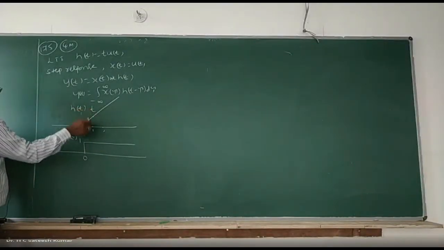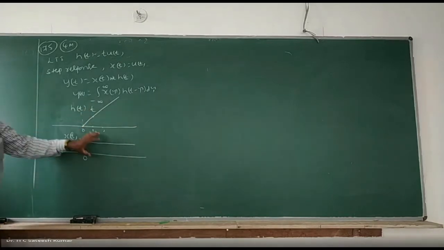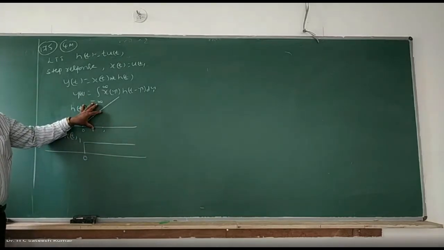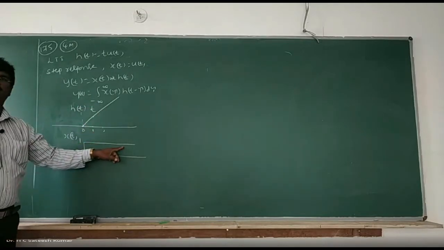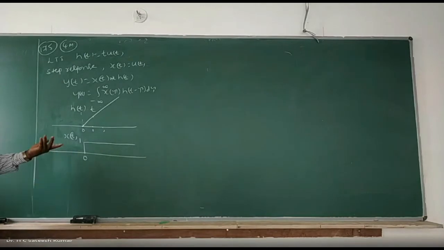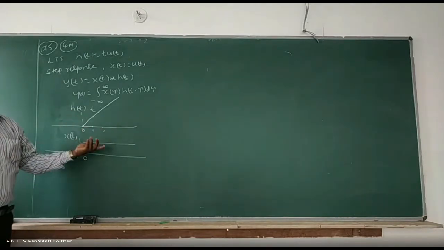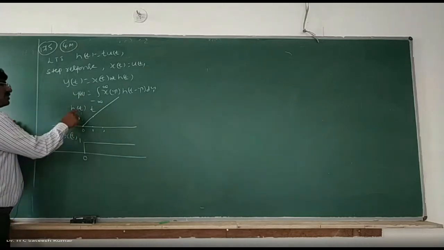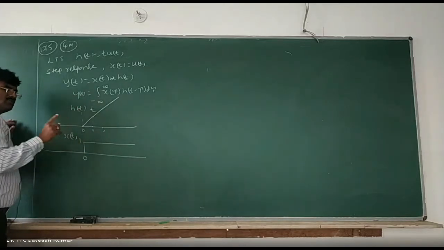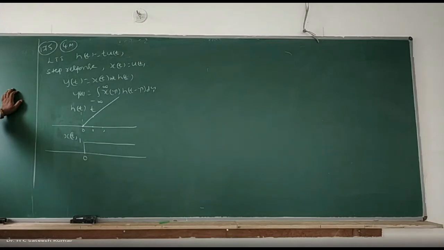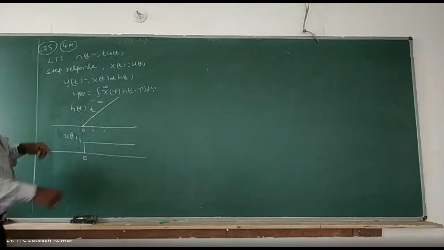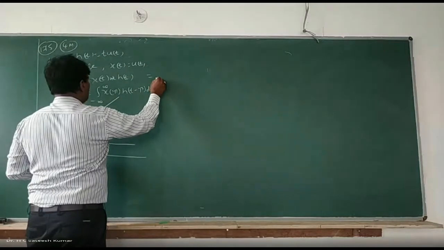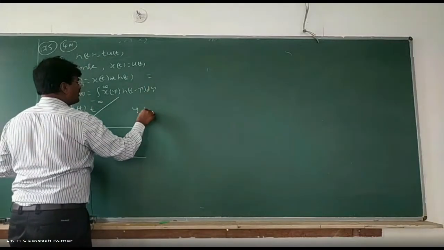Therefore, whenever we have this kind of thing, always try to keep whichever is time dependent constant, and always shift the second one, that means the one which is constant. If both of them are dependent, no problem, no other go. Otherwise the calculation will become difficult. So what I should do is keep this one constant and shift the other, because we know that the commutative property says that any one of them you can shift. So either you can shift x of t or you can shift h of t. Now, if you want to shift x of t, the formula would be of this sort. Y of t is equal to, what is that?